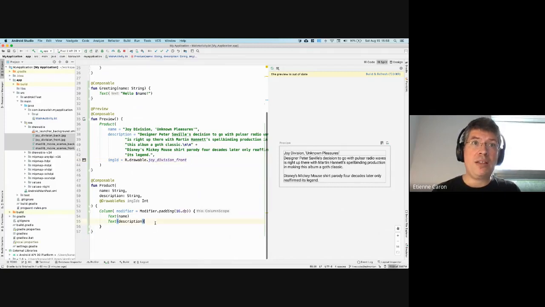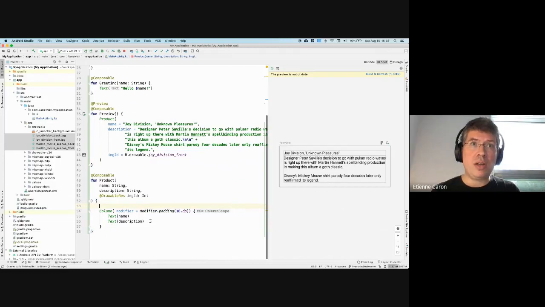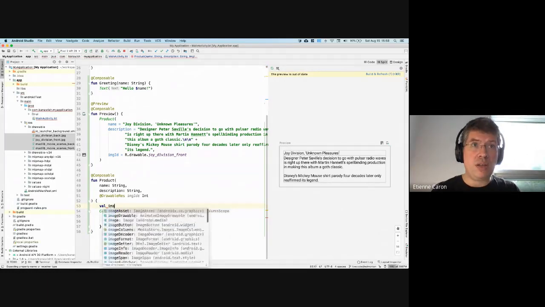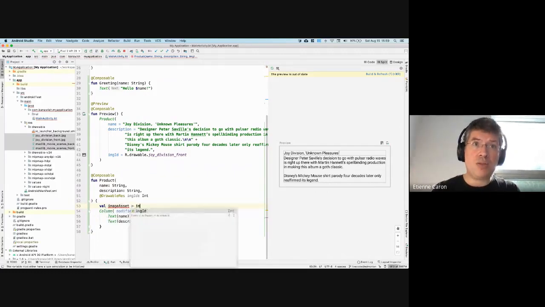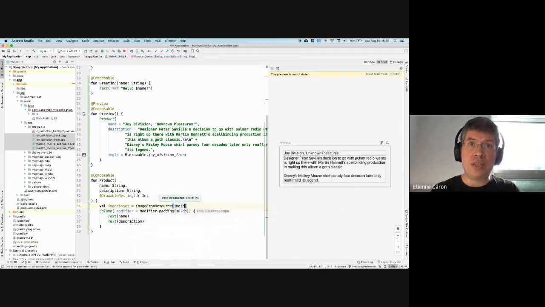And now we want to add this new image to our column. So how do we do this? It's a bit more involved, but not that terribly much. So we need first off to get an image from the system using that ID. To do this, we're going to create a new value, a new attribute, and it's called image asset here. And we get this by using a system function called image resource and giving that image ID to that. And this function is going to,